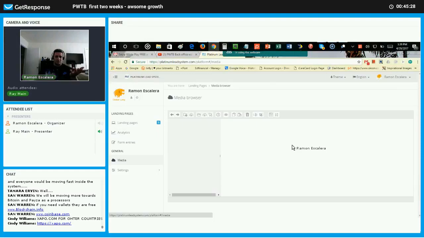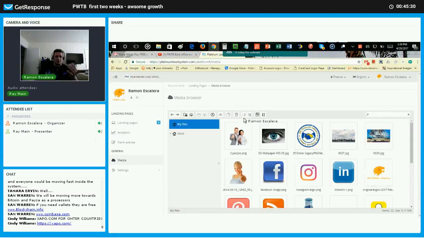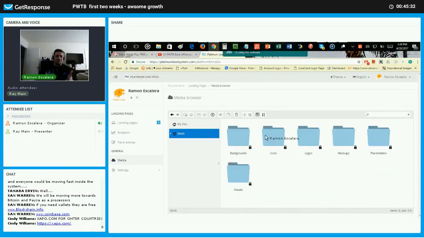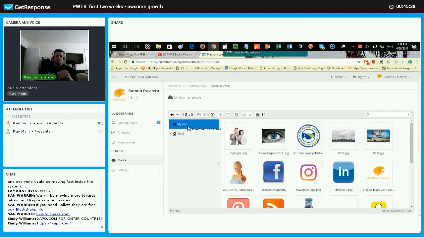Media is just the pictures. If you want to upload more stuff, you can do it here. We do have some stock stuff. This is all stock images, mock-ups, all that good stuff. But you can upload your own. If you click on My Files, then you can click on Create a New File. So when we click on New